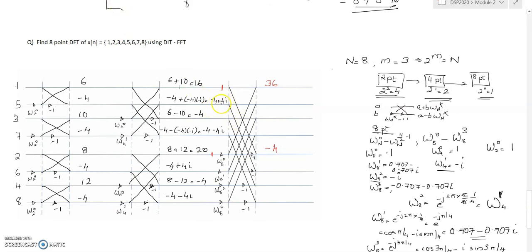So I'll be representing it with this red and this red. What would be the state here? Here we have a certain amount of a problem. Not a problem actually, the only thing is we need to operate and calculate it. So this will be -4 plus 4i, plus the signal at that arm, which is -4 plus 4i,